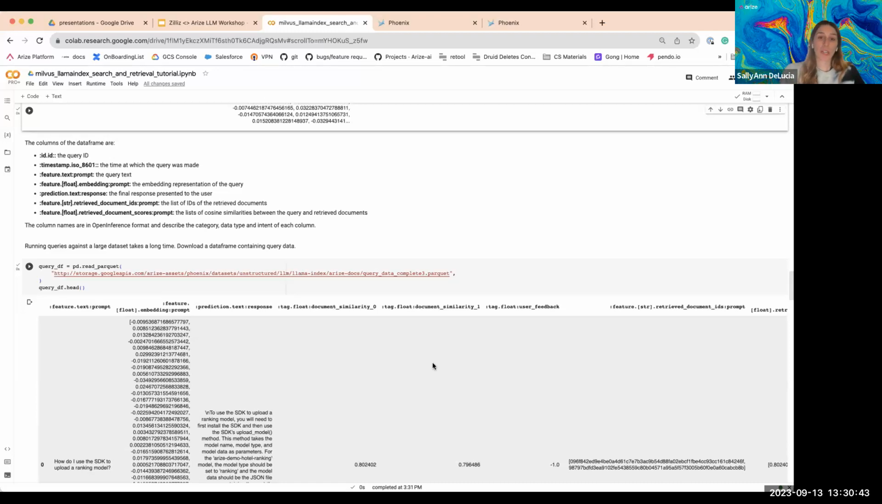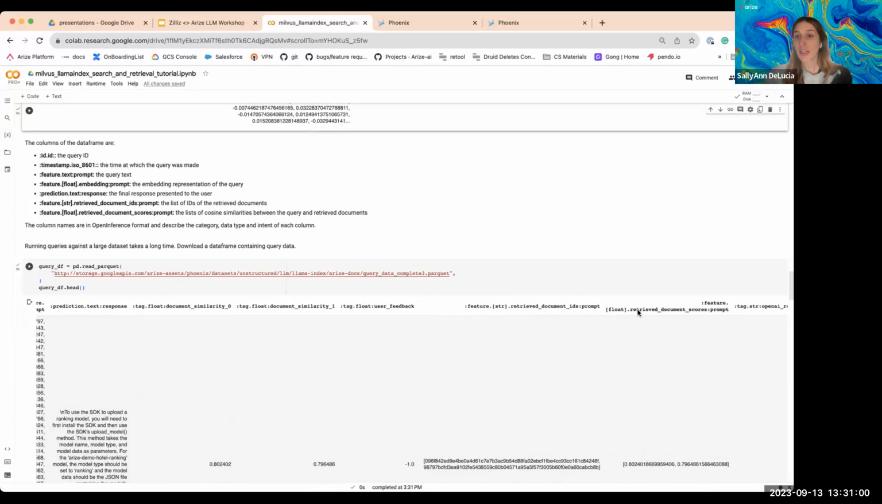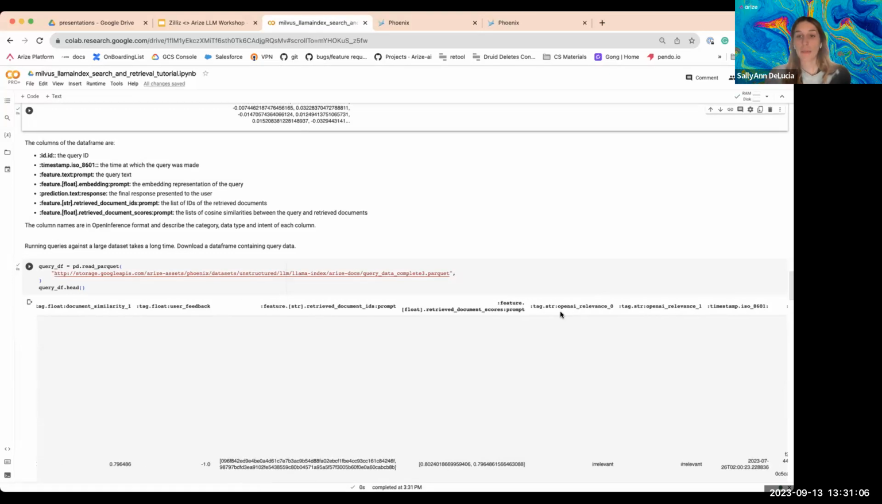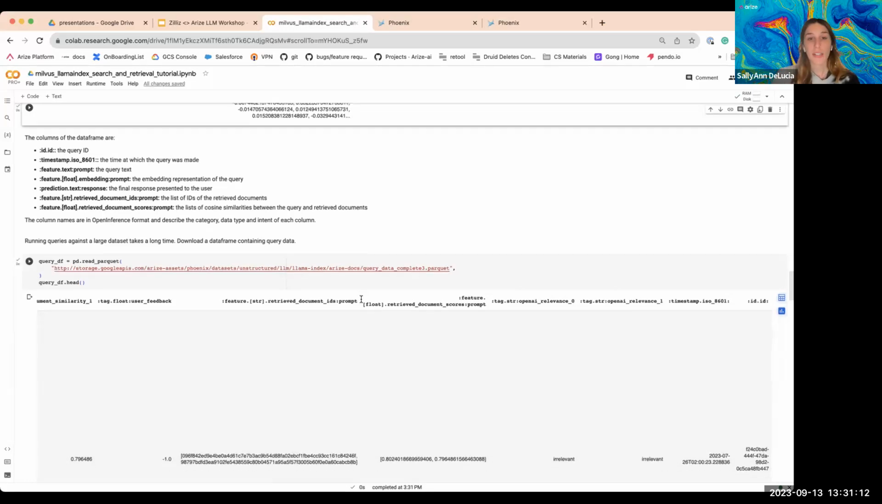So the first 2 are going to be our similarity. We're returning 2 pieces of relevant text or similar text here, so we're going to have a similarity for the 0 position as well as the 1 position. We'll also ingest user feedback when we have it, as well as our document IDs and some scores. That's going to be the actual similarity metric score for the prompt. And then we're also going to be using OpenAI to assess relevance here. And so let's get into how we